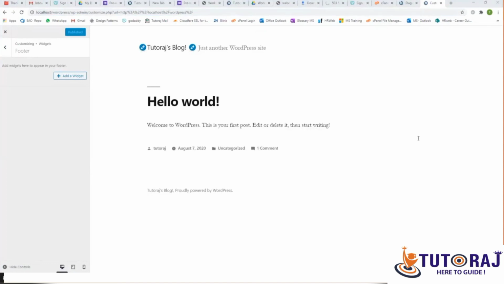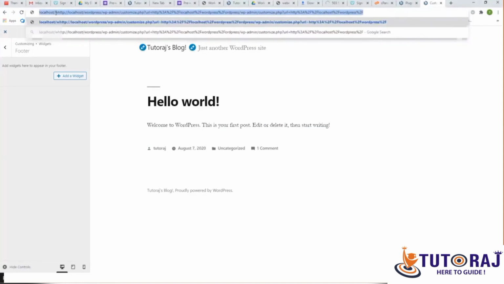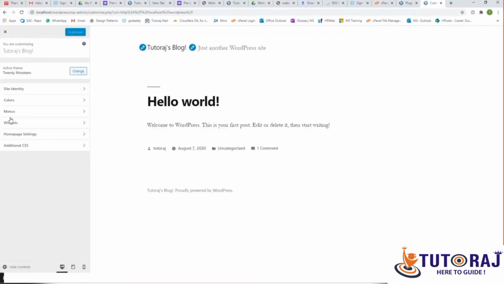I pinged you a URL. Just click on it. It should basically take you to this page. If I just paste a URL here and hit enter, it will take me to this page. I hope you're here. Now in the widget section, you will have this arrow. Click on this arrow. If you have not removed the footers, you will see them listed here. I don't see it because I don't have it added. If you have, you will have an arrow there. Click on this arrow. You will have a remove button. Click on remove for all of the widgets.